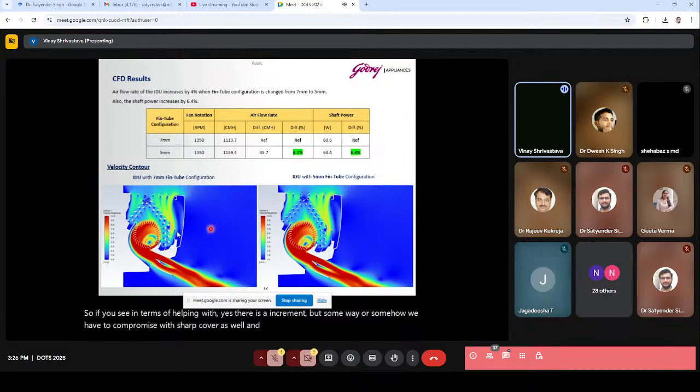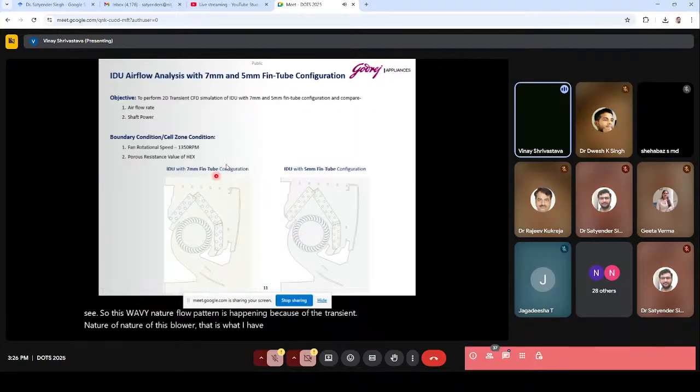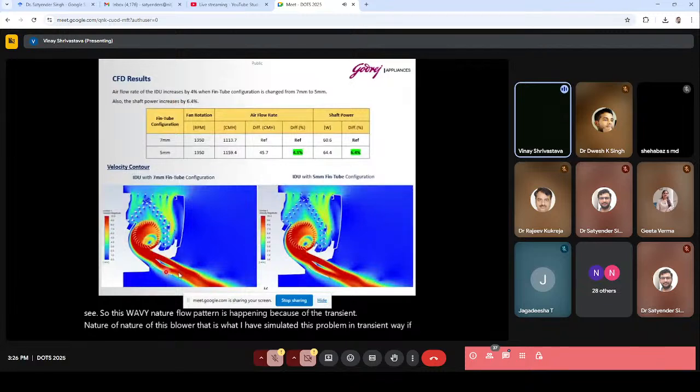And then here is the velocity contour of both the cases. If you see the flow pattern over here, it is somewhat wavy in nature. This wavy flow pattern is happening because of the transient nature of this blower. That is why I have simulated this problem in a transient way. If you simulate this problem in a steady state manner, then you will find a very straight line kind of flow happening